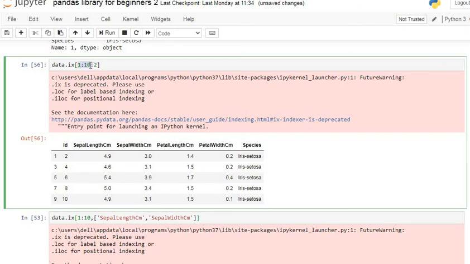This is basically the range of rows, and the 2 is our difference between indexes. We'll get the first index, after that directly the third, then the 5th, 7th and 9th, with a difference of 2.